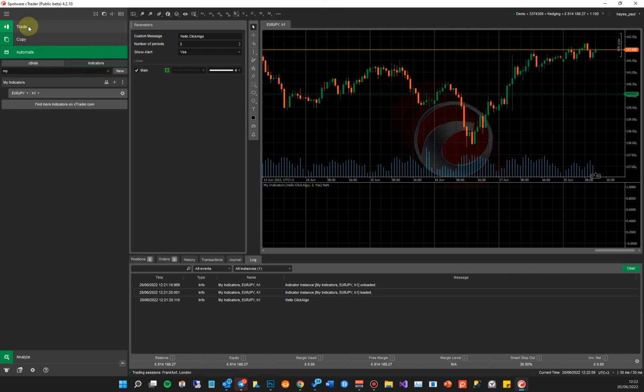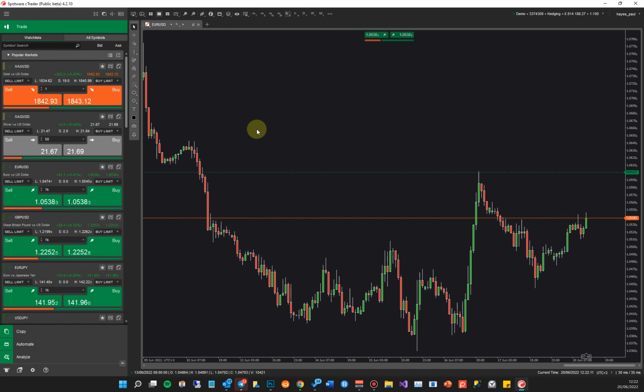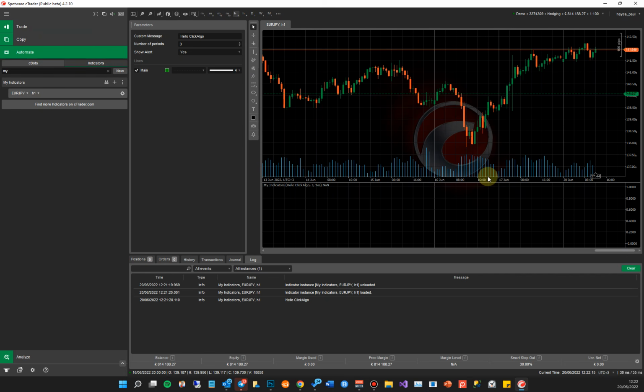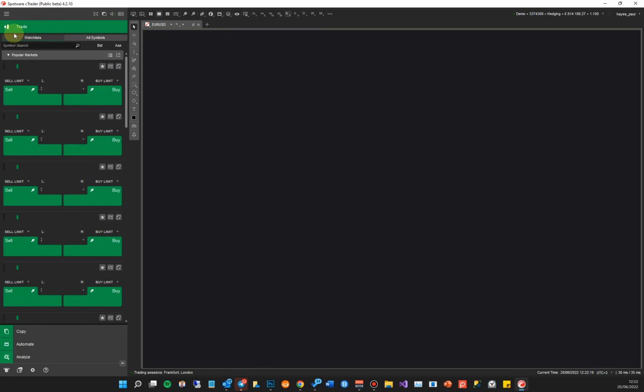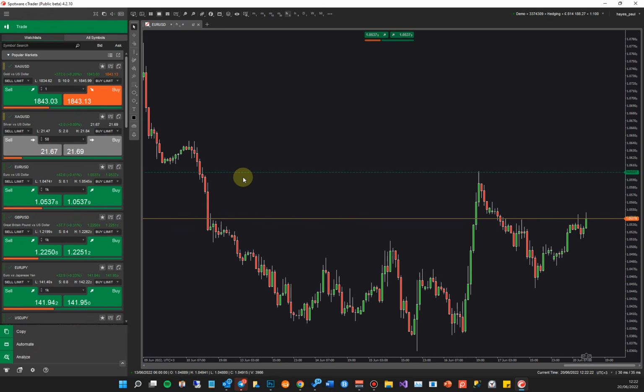Now what I'm going to do is go to the cTrader trade window. Now this is where you'll be doing your trading. So you would probably do your editing of the code in here and creating your indicator and testing that it works okay. When you're ready to use it or give it to somebody else to use, you can use it through this window here. Now on this window, you can actually install the indicator by tapping on your keyboard,